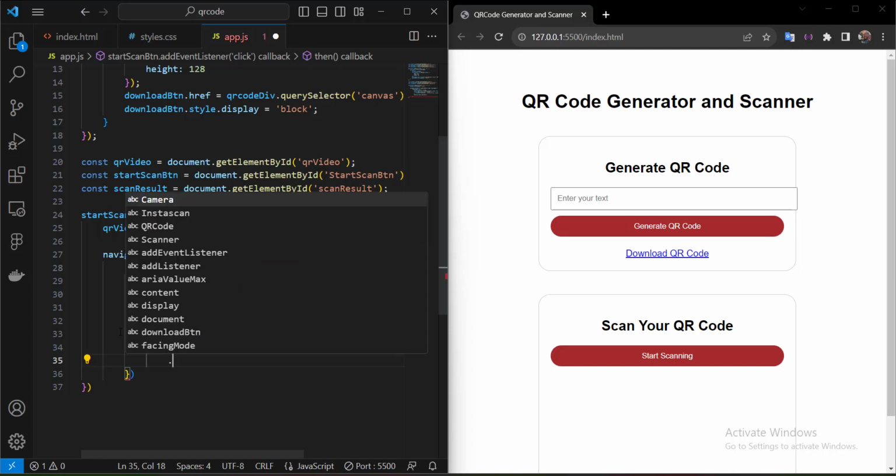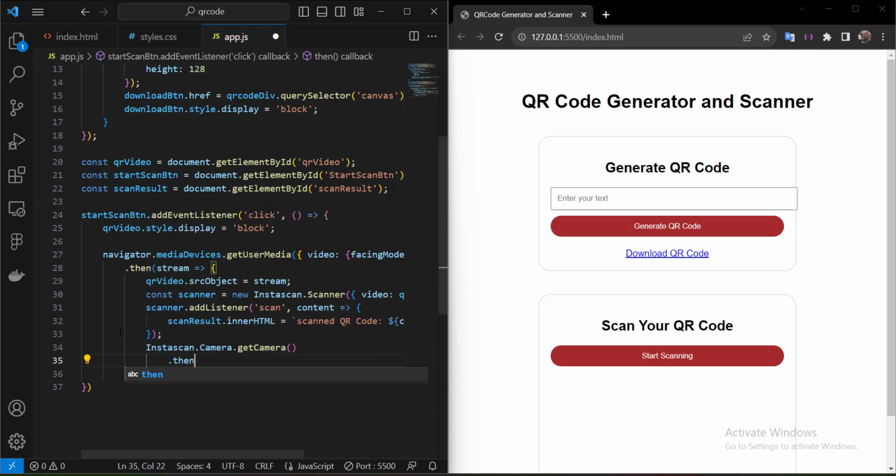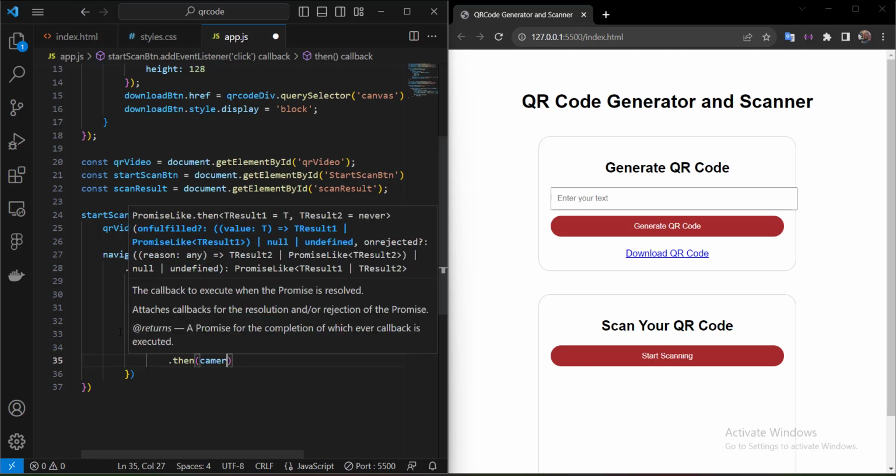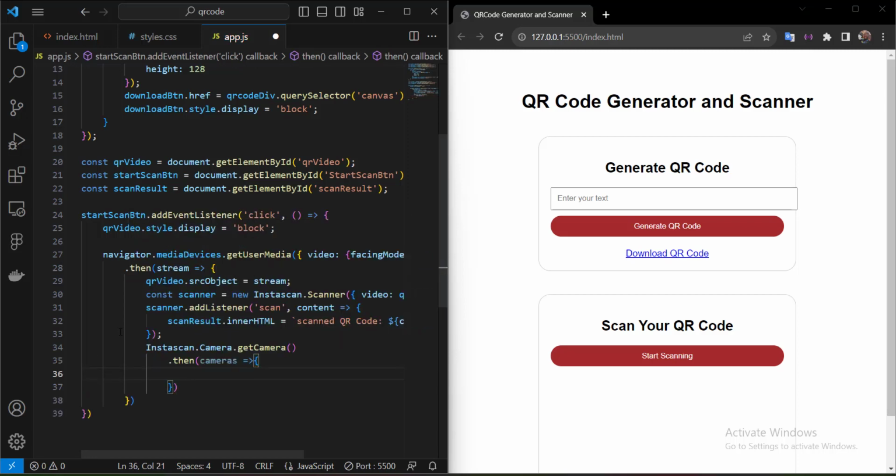So then cameras, then cameras, let me save it, save this, then cameras, and cameras,